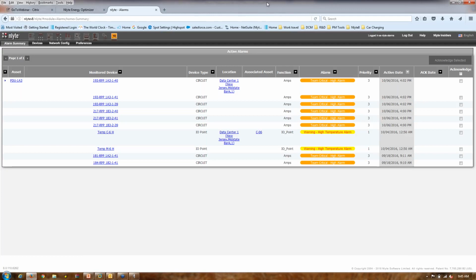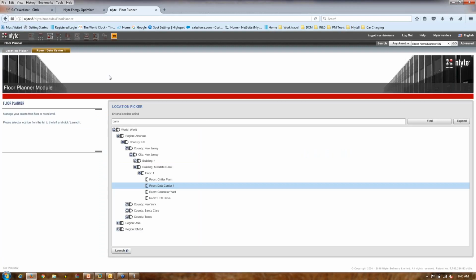Okay, so that's seeing the Neo metric data coming from the real-time telemetry into Nlyte, into the floor plans, and then seeing it on those data center floors. So if I go back now, we go back to